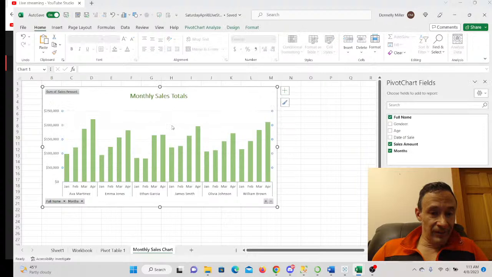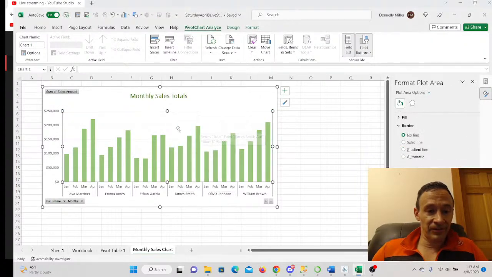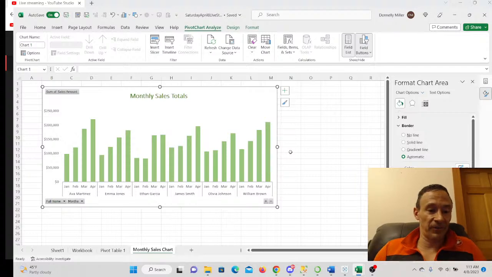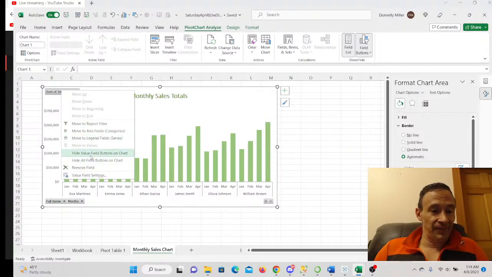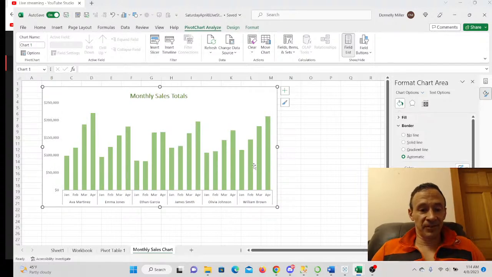Once again, I don't want the grid lines, so I'm going to go ahead and delete them. I feel that grid lines make the charts look overly cluttered. We can go ahead and remove this. We're going to hide all field buttons on charts. So this gives a graphical representation for each of our salespeople for January, February, and